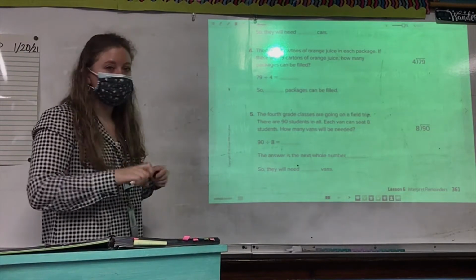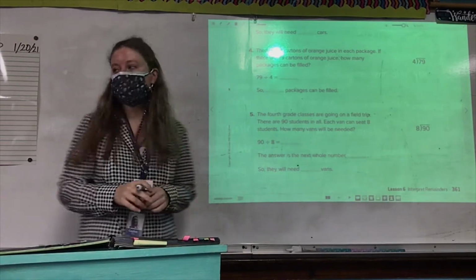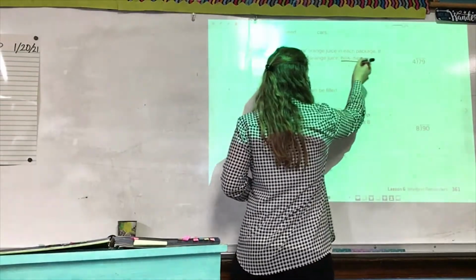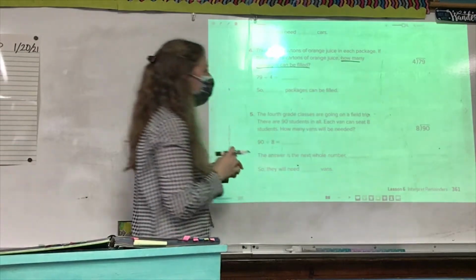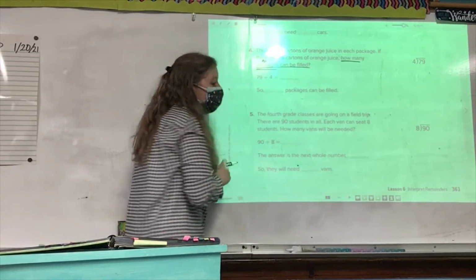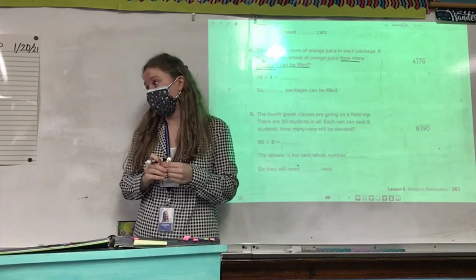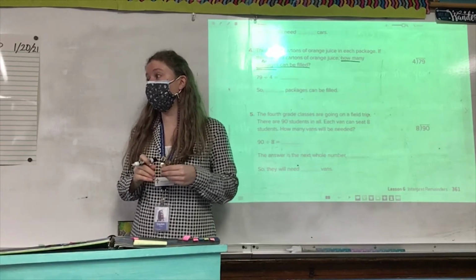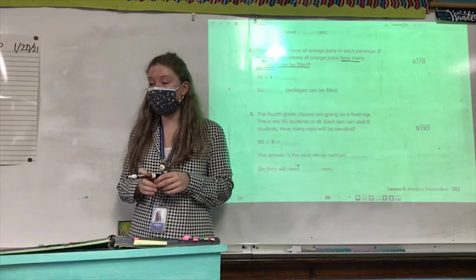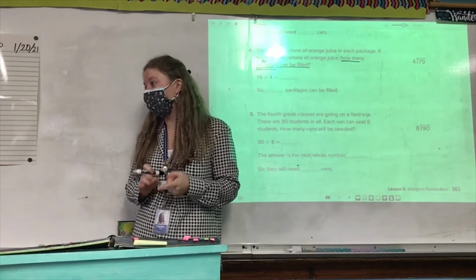Let's go back through and find the important pieces. What is the question, Aaron? How many packages can be filled? And what's the first thing we see in that question? Our answer unit. Now, in division, is our answer unit always the quotient? No. What is it sometimes? It's either going to be the quotient or the... What's the other part of an answer to a division problem? There's only 2 parts to an answer in a division problem. The quotient and the,